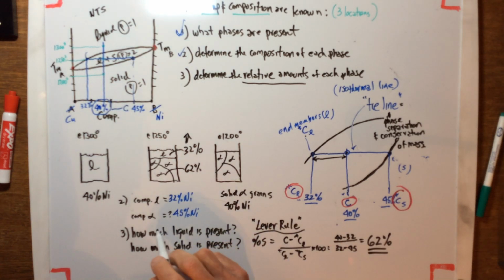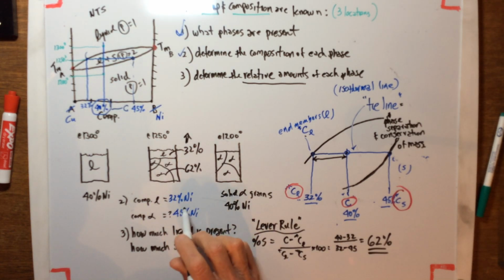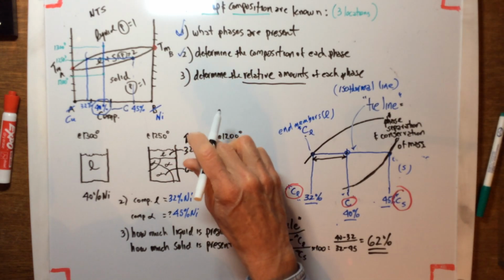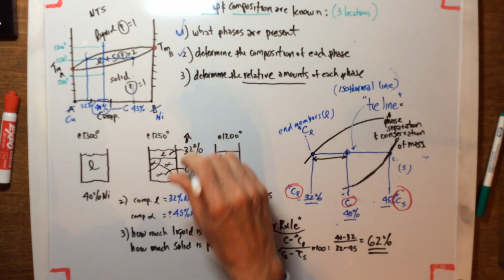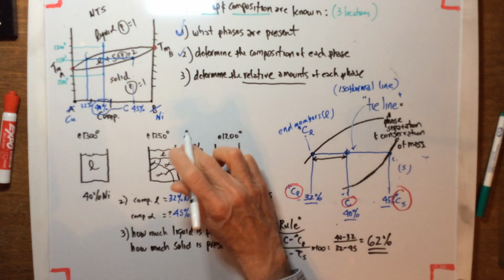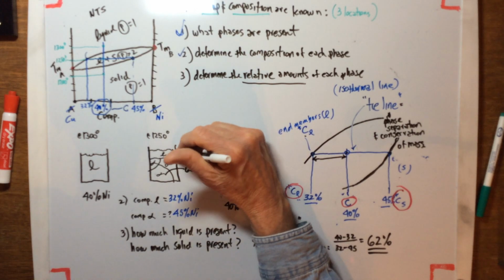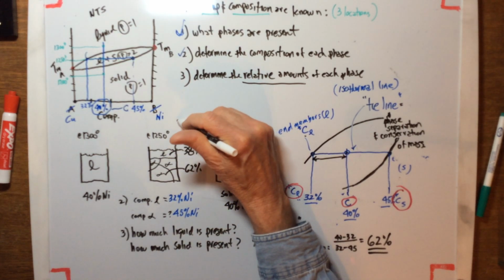Okay. All right. So this is 38%. Sorry about that. This is 38% liquid. But this 30% liquid is actually 32